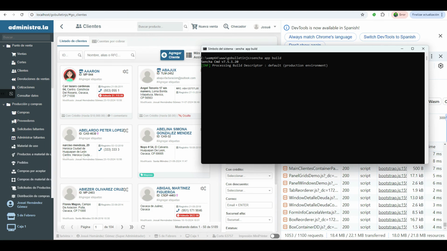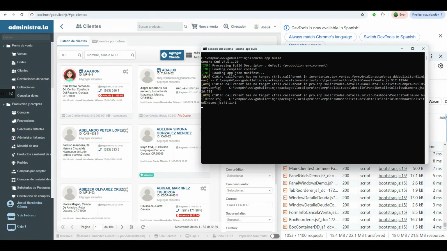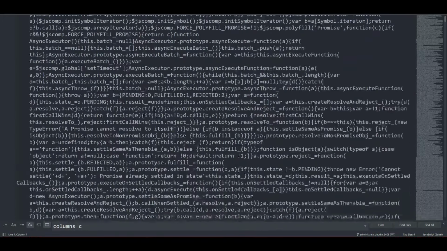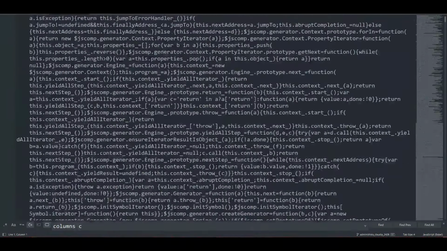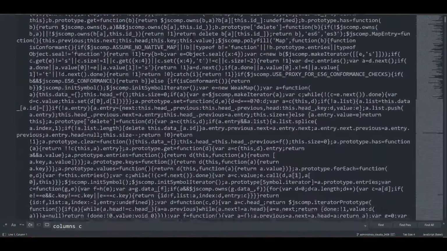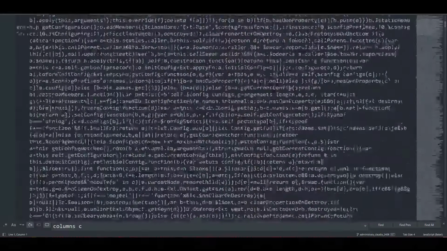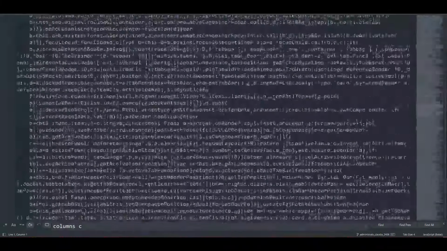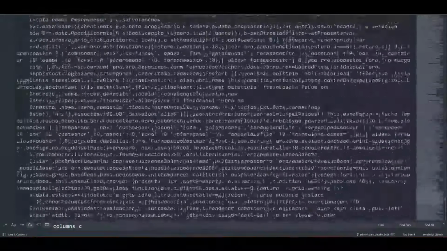Sencha command automatically removes comments and reduces the size of the JavaScript and CSS files. We can see the difference in file size and code structure before and after minification. The entire project is summarized in the app.js file, and if we open the content, we'll see the following code. It's more compact, meaning it will load faster in the user's browser. This is an essential step to ensure that your application is fast and efficient in production by using Sencha